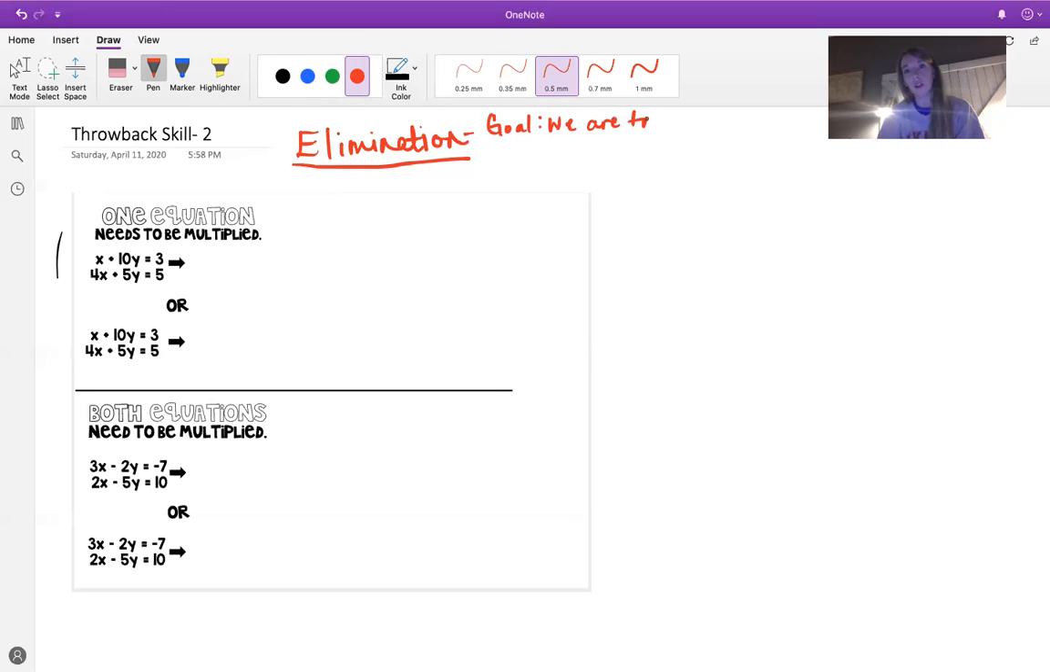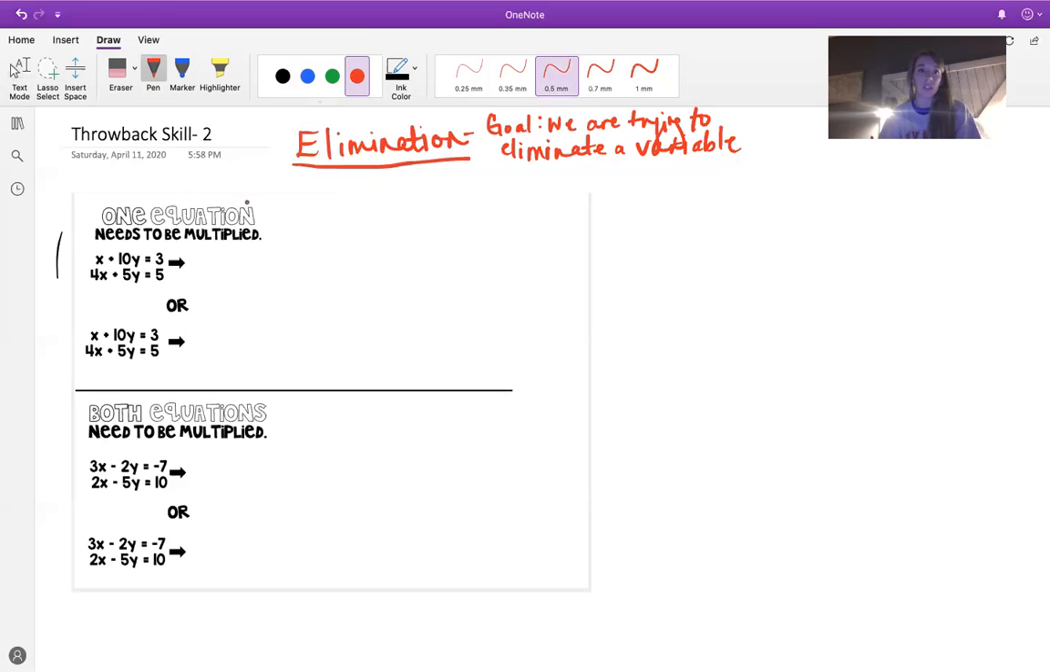we are trying to eliminate a variable. So with substitution, we substituted a variable so that we were only working with one variable instead of x and y. This time we're going to try to eliminate x or y. Okay, so